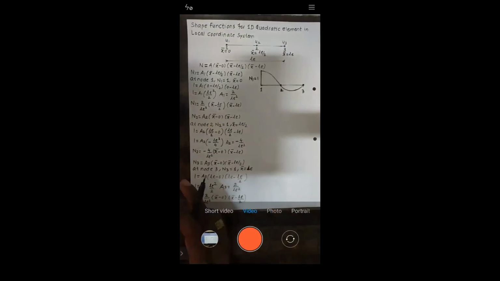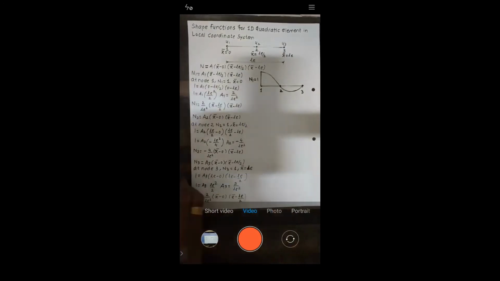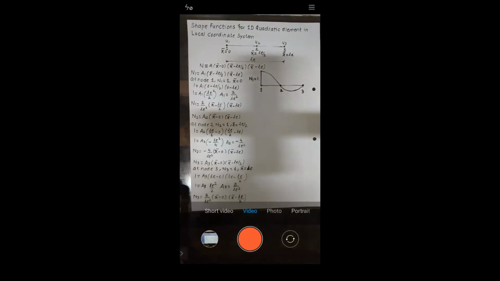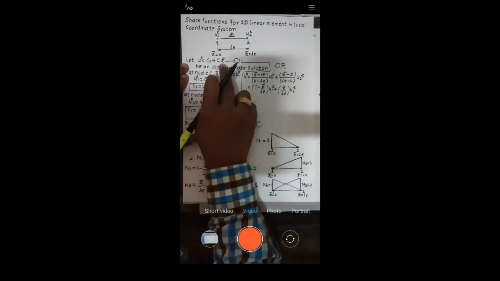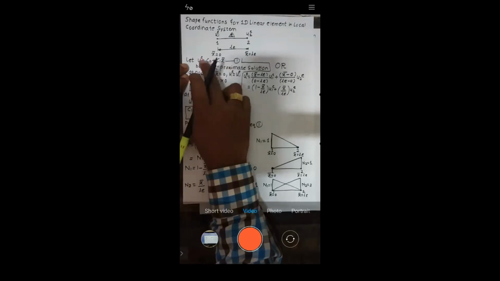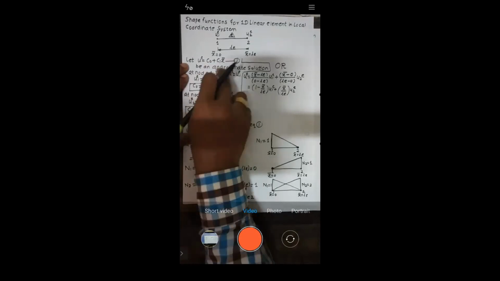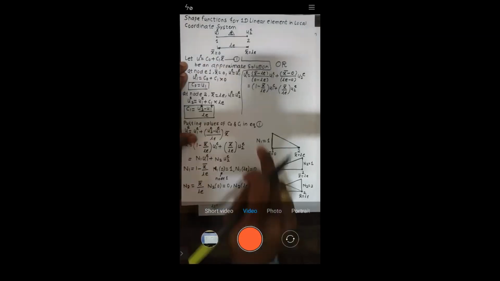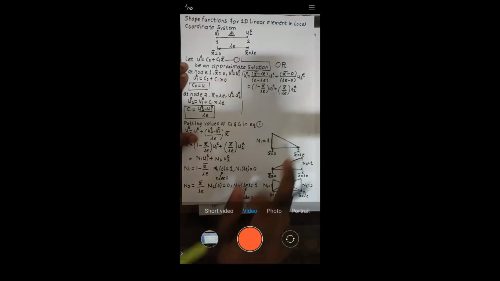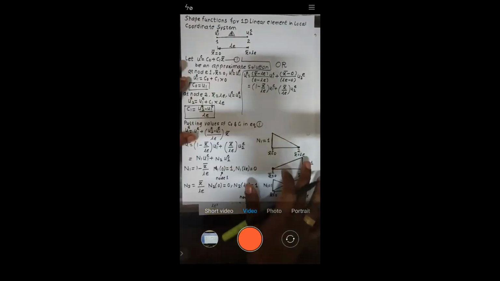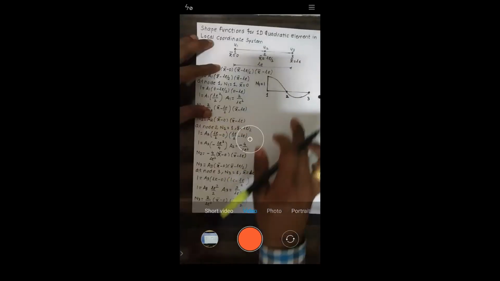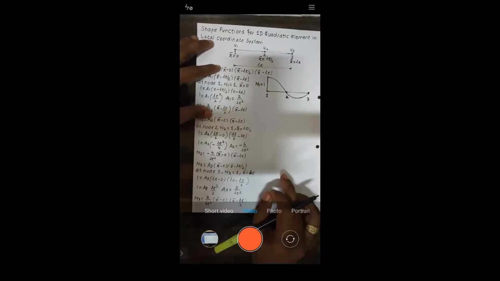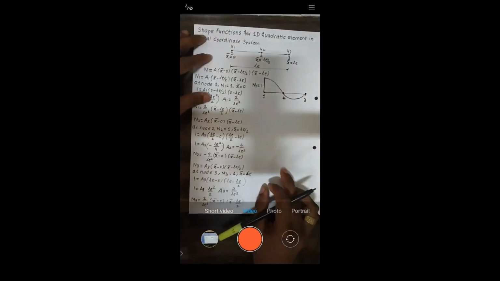Is it a linear equation? No, because in this graph for the linear element it's a straight line. It's a straight line because you have a linear equation, y is equal to C0 plus C1x, like y is equal to mx plus c. That's why this nature is a straight line. But your element is quadratic, so you won't have a straight line. You have some curvature like this. Is it okay? Yes, sir.